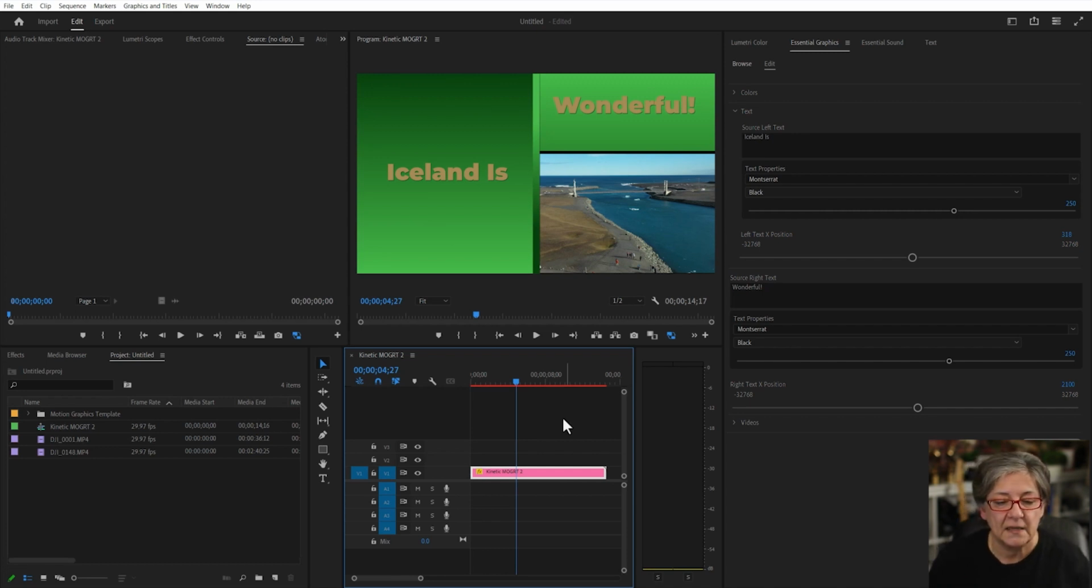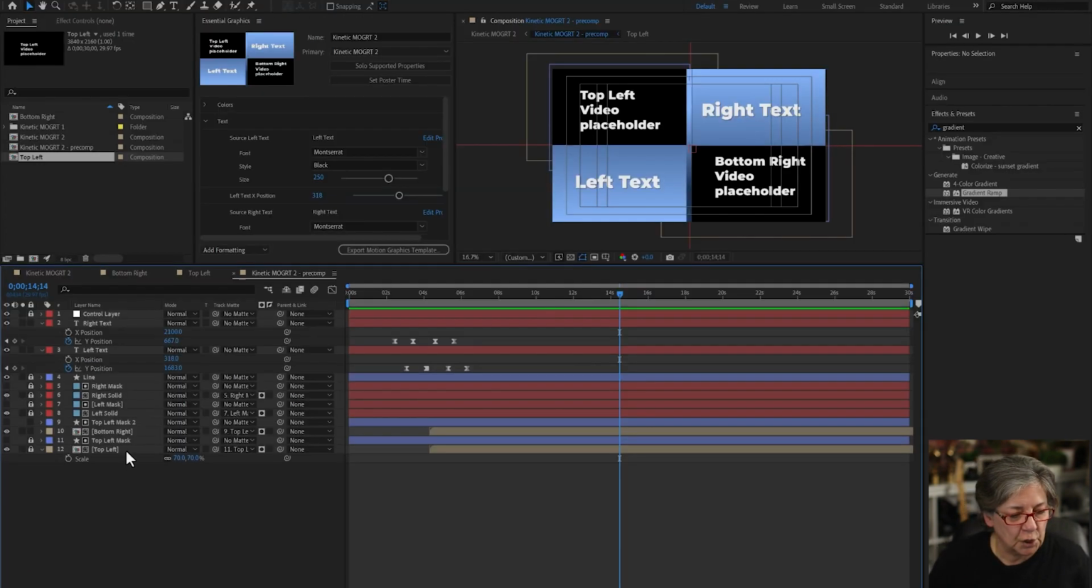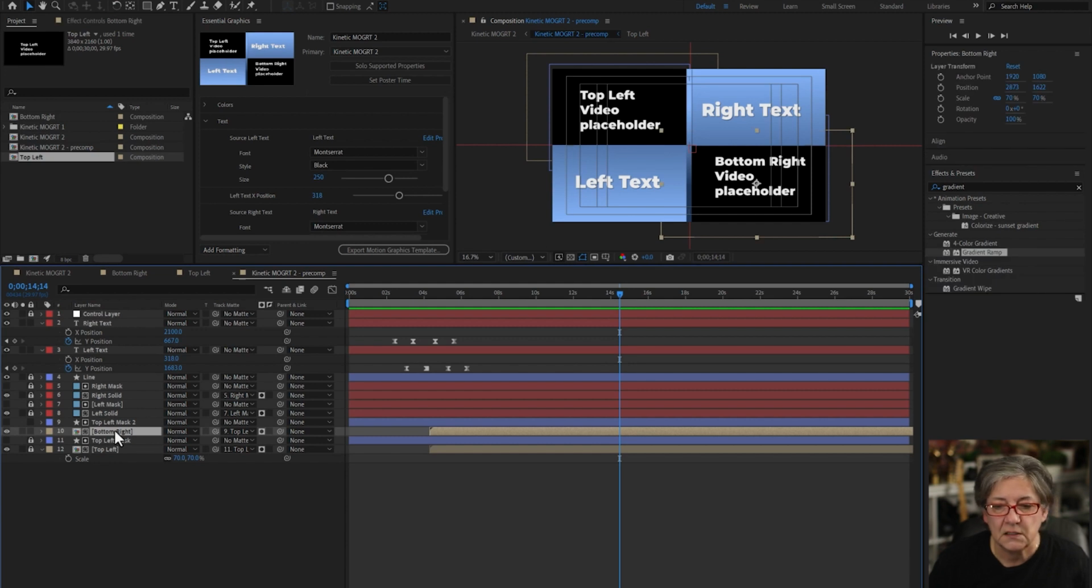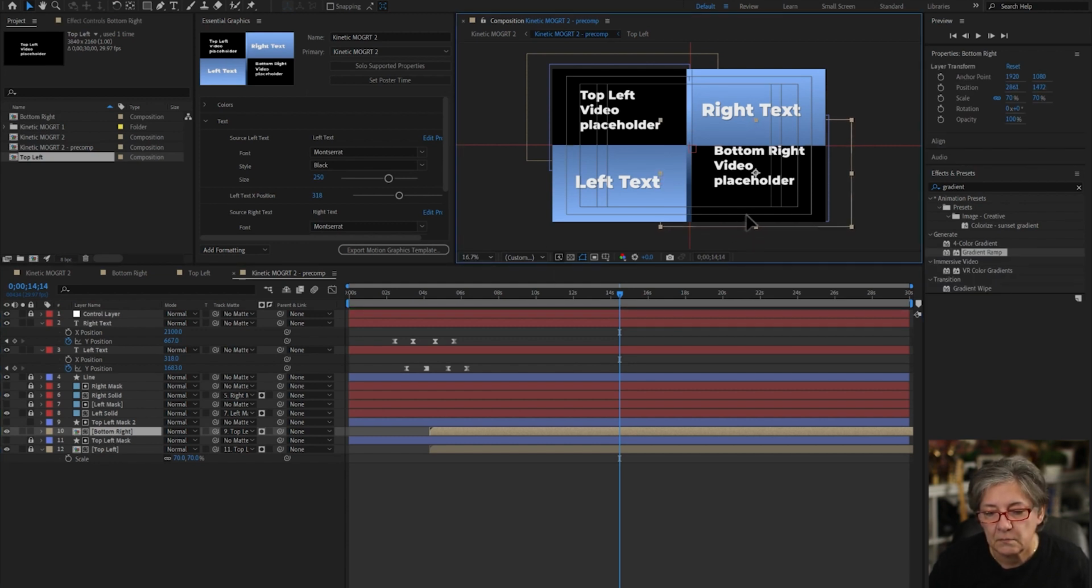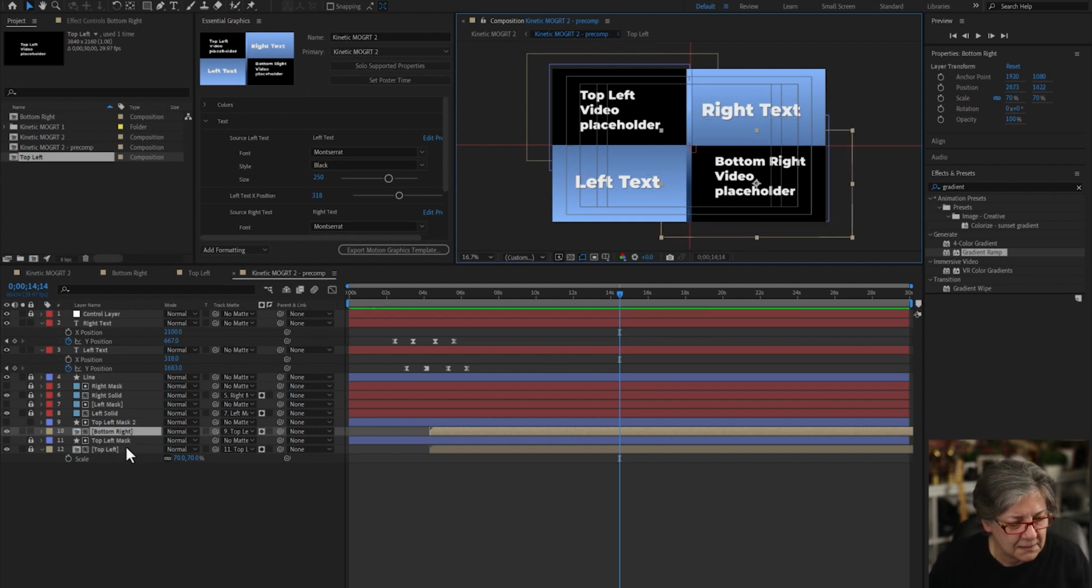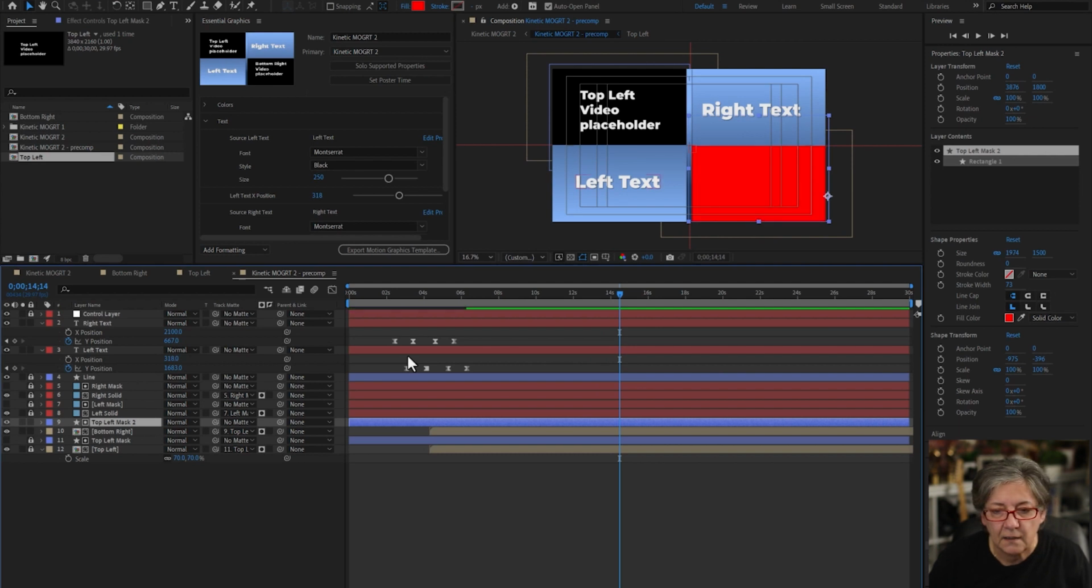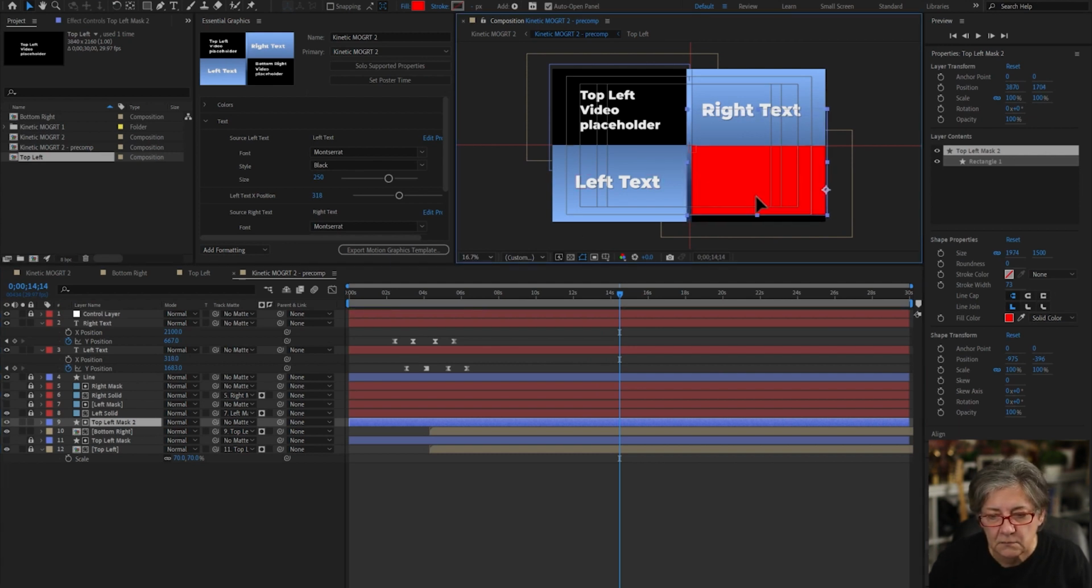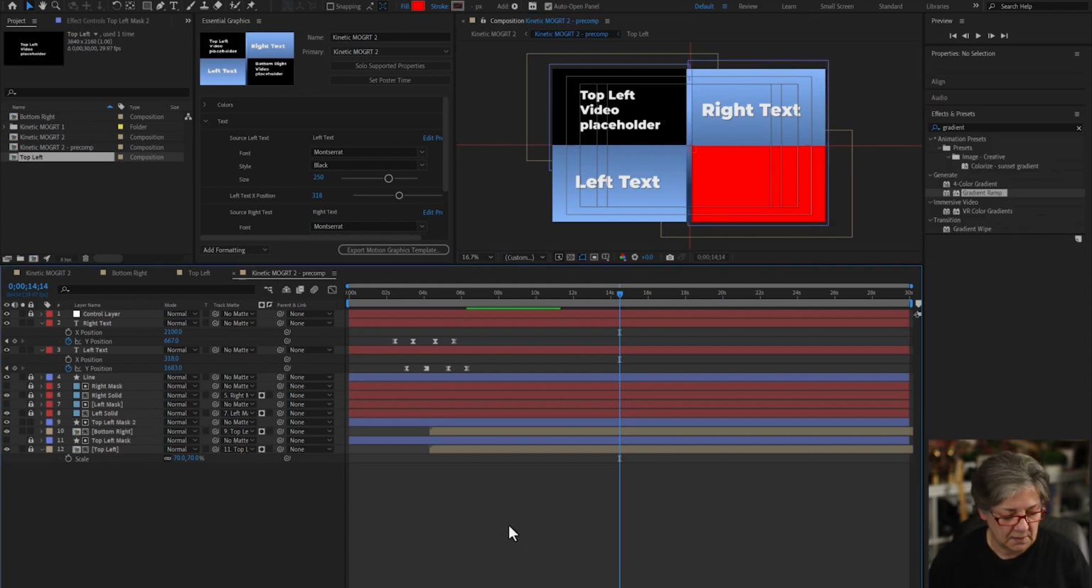Let me go back to After Effects. We're gonna go to the bottom right layer. We're just gonna move it up, right? Oops, not the bottom right mask. This guy. That's what I'm talking about. You know what? I think I'm gonna make this taller like that. I don't really want to move it to the right. I do want to move it up, right? So save,